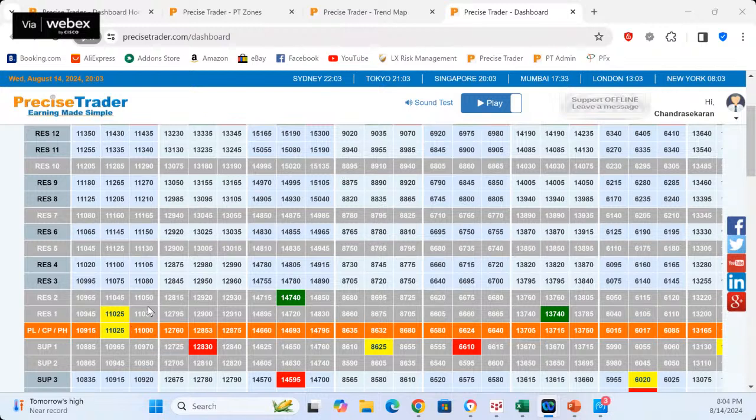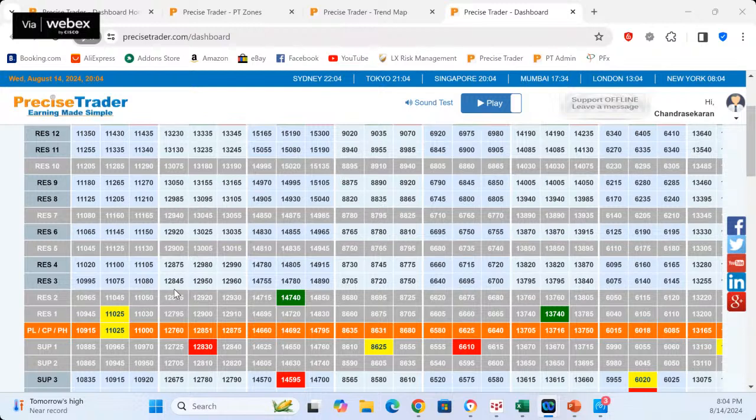So what is going to happen is, as long as it's trading above this level, above 10965, 10945, strength is expected on the euro dollar. And 11050 has to break. If it breaks, then we may see 11080, 11120 and 11130. So take note, take a piece of paper and write it down, and maybe I'll give the signals from there.